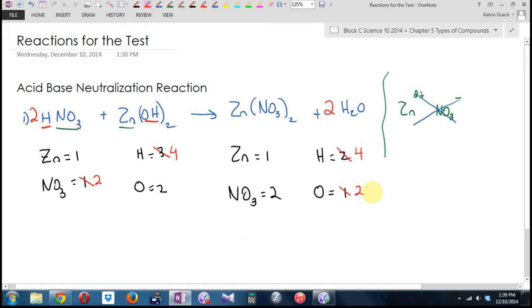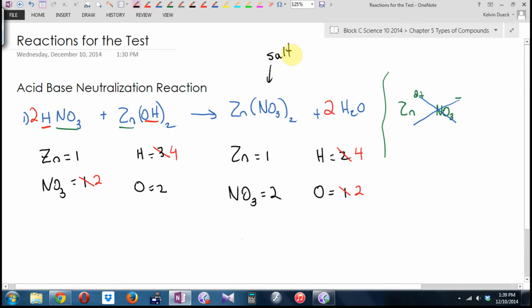This is an acid-base neutralization reaction. Why acid-base? You can see the 2 chemicals. Acid starts with an H, base ends in an OH. This is an acid, this is the base. What you have to memorize is what the product is. Water, and the metal from the base combines with the nonmetal from the acid. And we call that